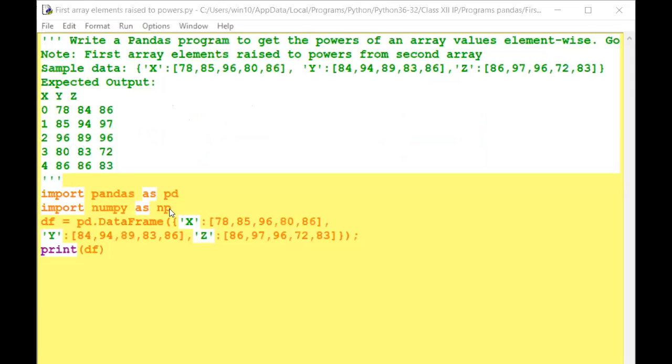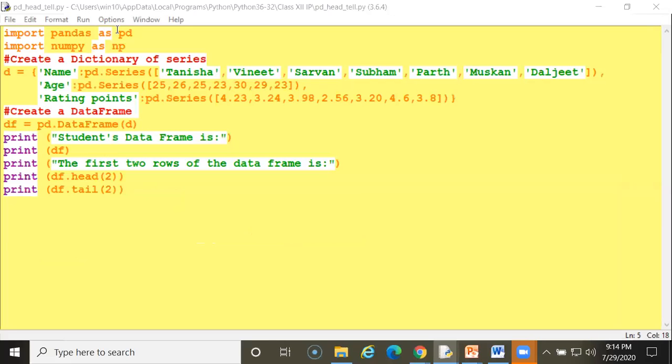Head means top rows and tail means bottom rows. So first, what you have to do: import pandas as pd. Here I am importing pandas as pd, where pd is the alias name, and import numpy as np. I am also using numpy here as np.